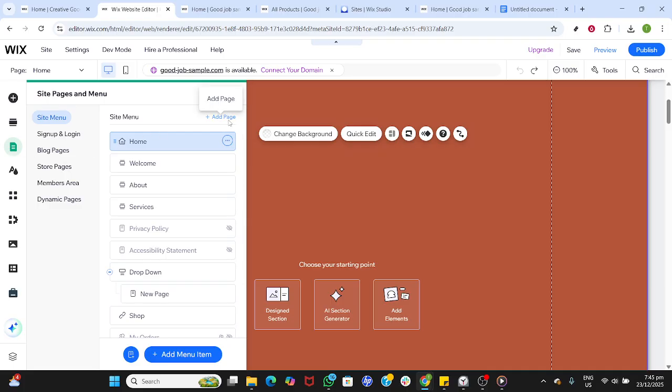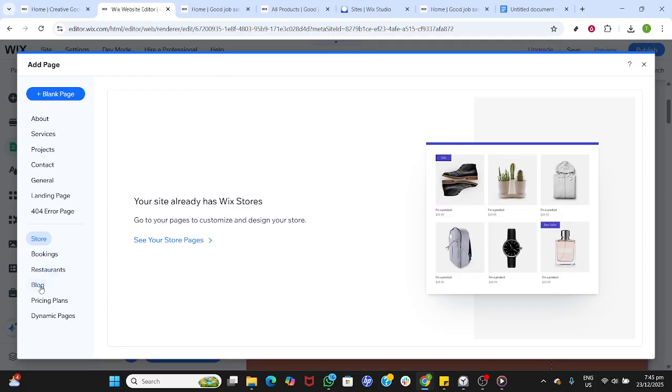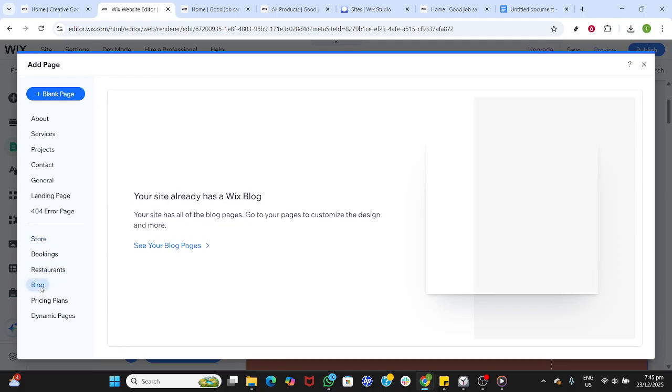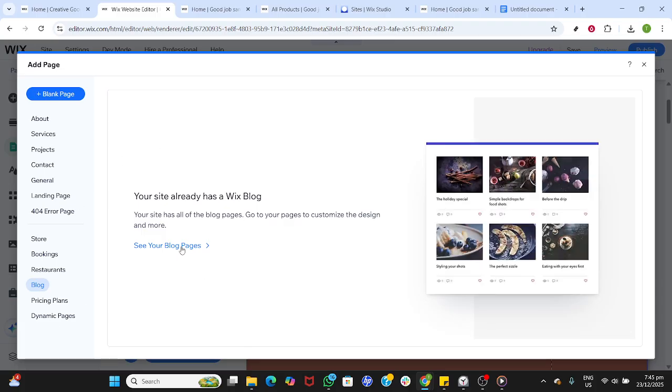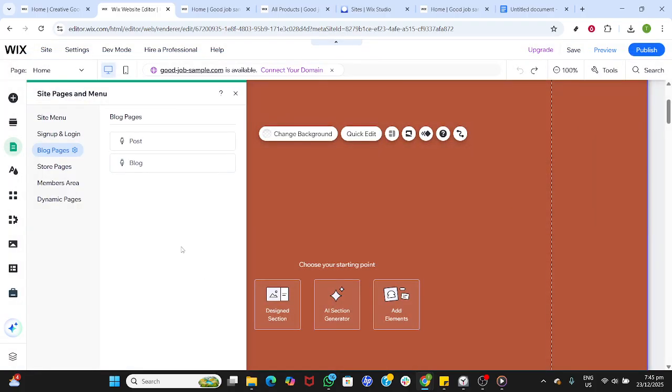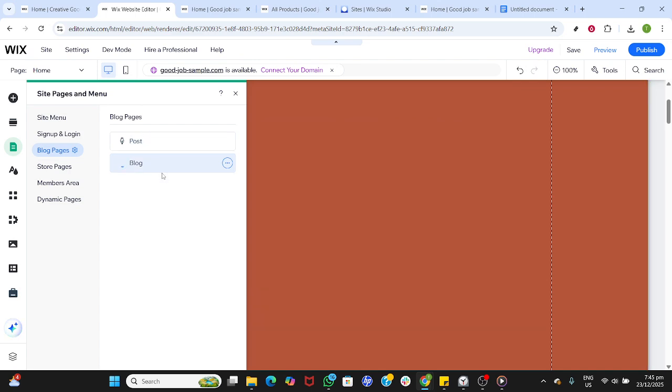When you're in, look for the Pages panel or the menu area that's highlighted in your interface and click it to open your site's pages. From there, choose Add Page. You'll see different page types you can add. Select Blog. This tells Wix you want the built-in blogging features, and it will prepare the necessary pages and layouts